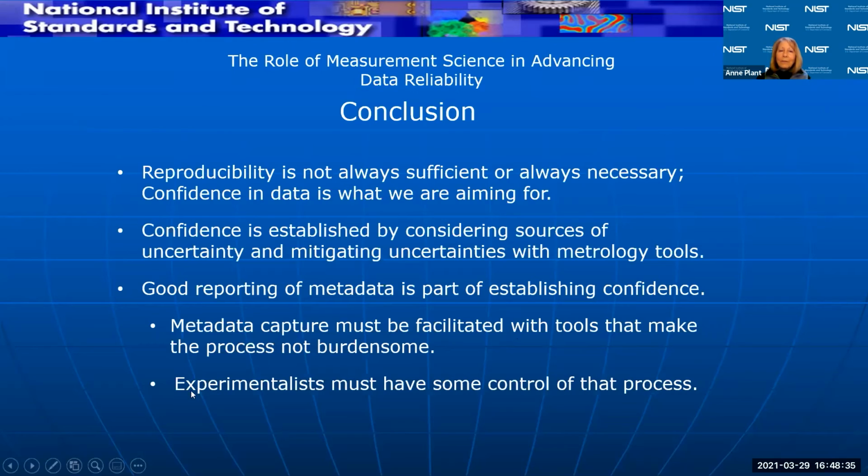And we also have to think about how we bring experimentalists into the data handling process, into the data collection process, because they have to have control over grabbing that metadata from their experimental workflow. They have to figure out how it works for them so that it does work. And if all this stuff works, then I think we're able to really establish confidence in research and be able to share our data a lot more effectively.